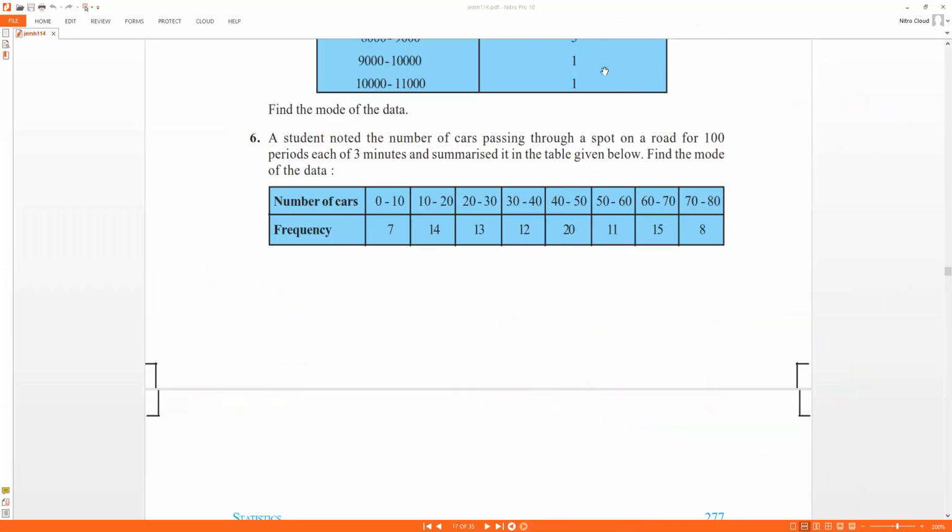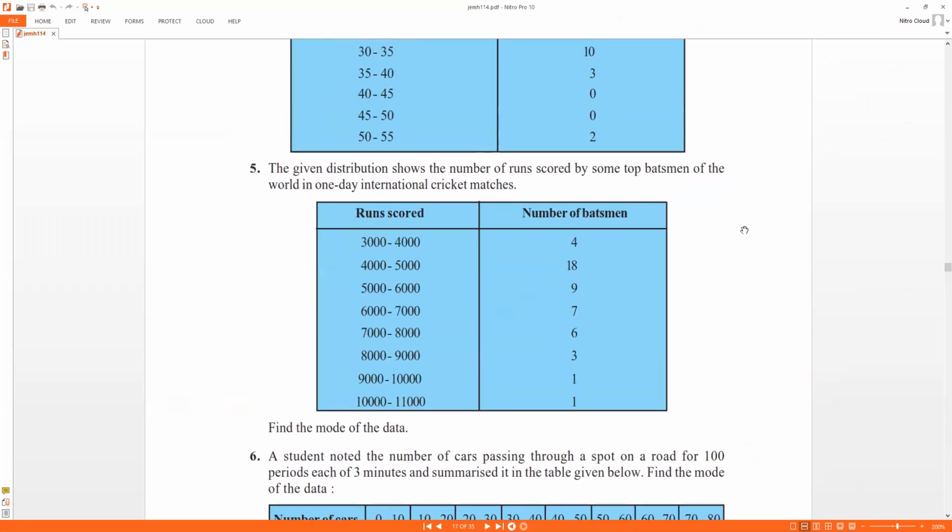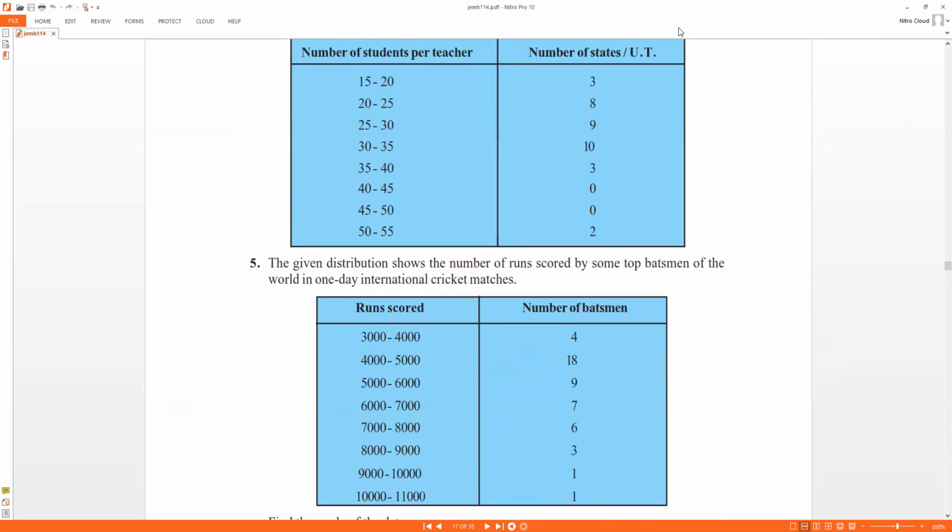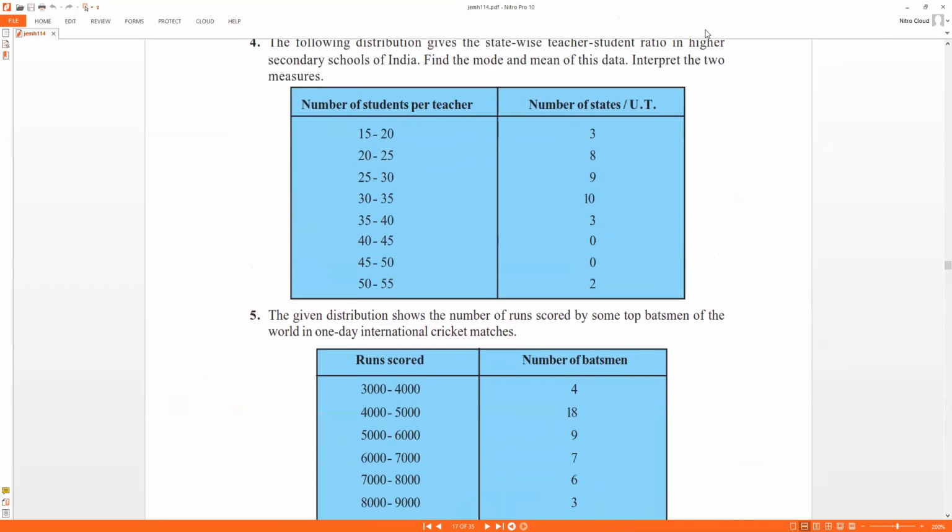Okay, and you have also understood the difference between the mean and mode and how to interpret it. So take question 4 and 5 for homework. Question 4 मध्ये तुम्हाला mean and mode दोन्ही काढायचे आणि question 5 मध्ये तुम्हाला फक्त मोड काढायचे. ओके, सो अगेन इट्स इझी. ओके, हे करा. टुमॉरो